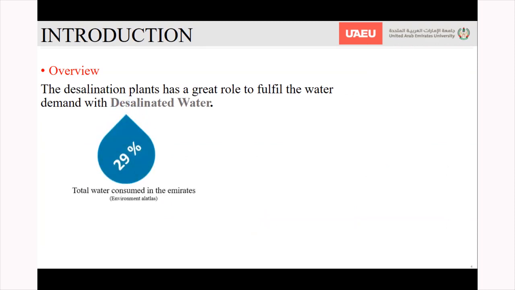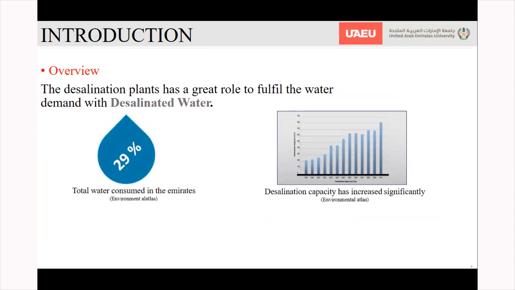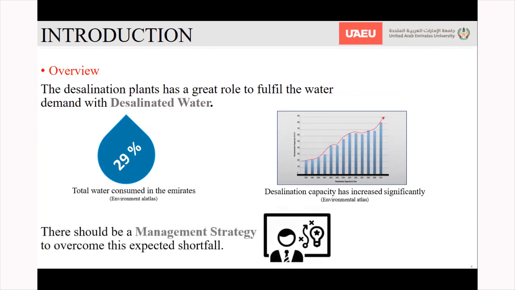So we have desalination plants. The total water consumed in the Emirate is 29% from desalination plants, and this figure shows the desalination capacity with time, and as you can see, it's increasing with time. Because we have a shortage in water, we thought about storing this additional desalinated water in groundwater to be